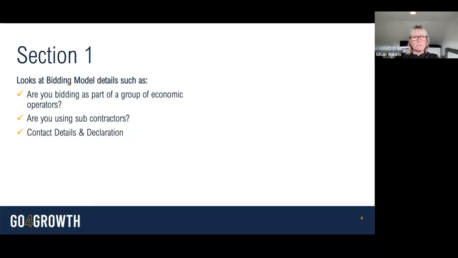So if you have that bidding model, you will be answering yes. And that's different from using subcontractors where you haven't come together for the purposes of that bid competition or contract, but you as a legal entity would then be using a subcontractor. And in the context of this, it's usually looking for those subcontractors which are key and core to the delivery and operation of the contract for which you are competing. So if you use subcontractors and they're key to your delivery, you would be answering yes, you would be using subcontractors in the process of going through this competition.